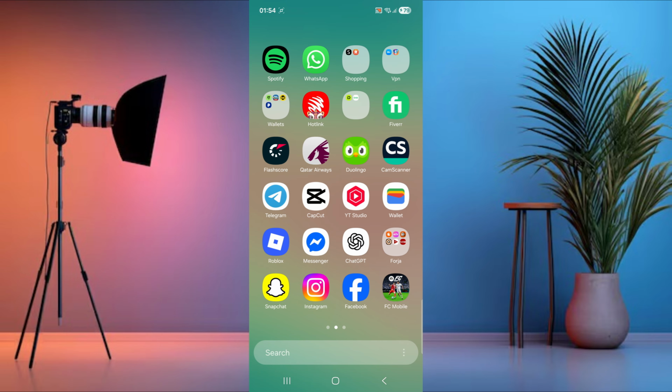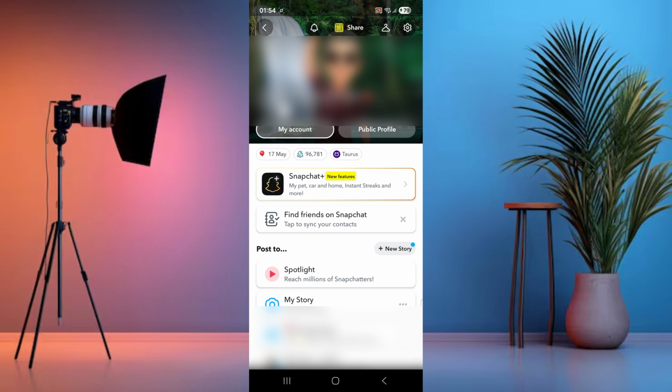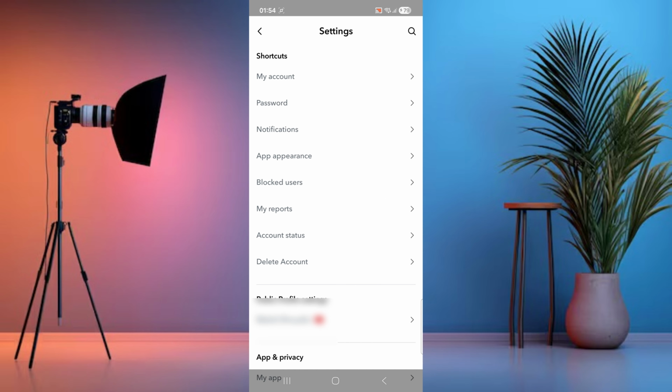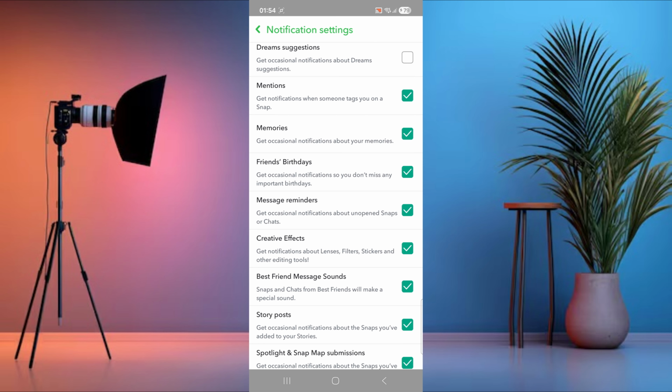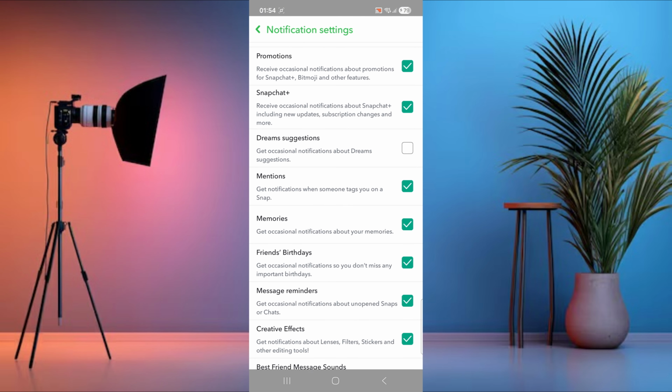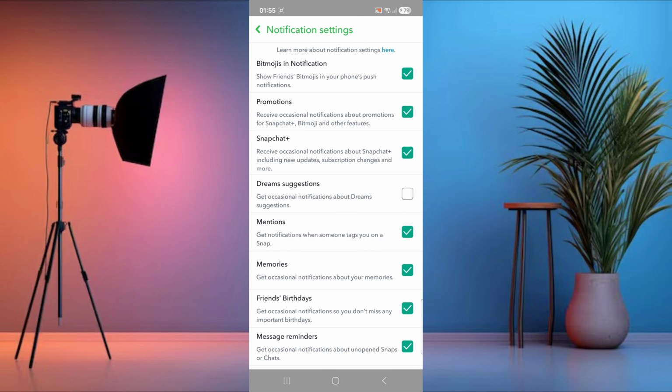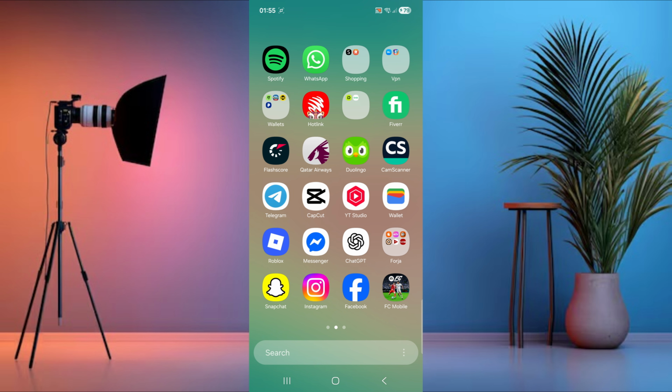So first you open the Snapchat application, then you go to your profile and on the top right corner you will see the gear icon, you click on that. Then in the options you will find notifications, you click on that, and here you disable any notification that you see is unnecessary to show up, and after that you just close the Snapchat application and you go and open your